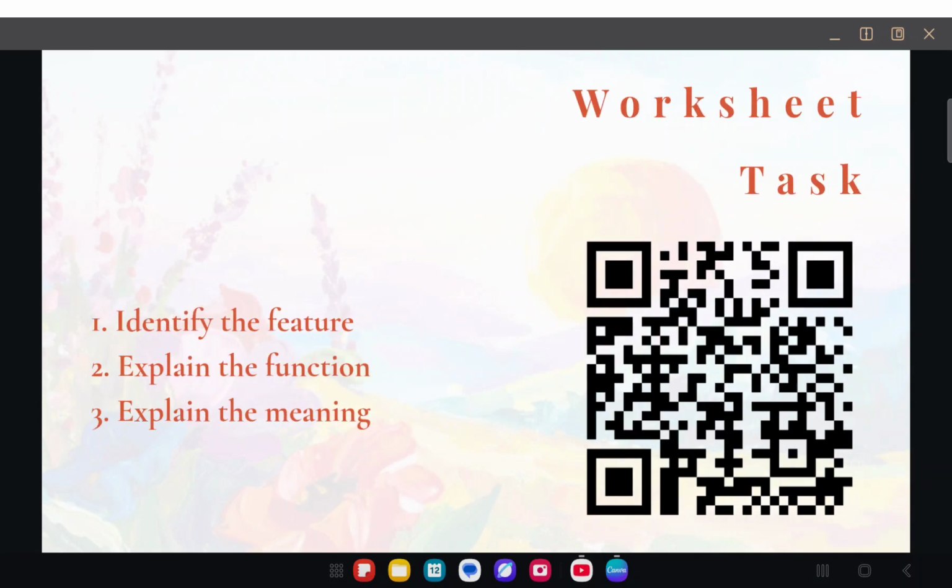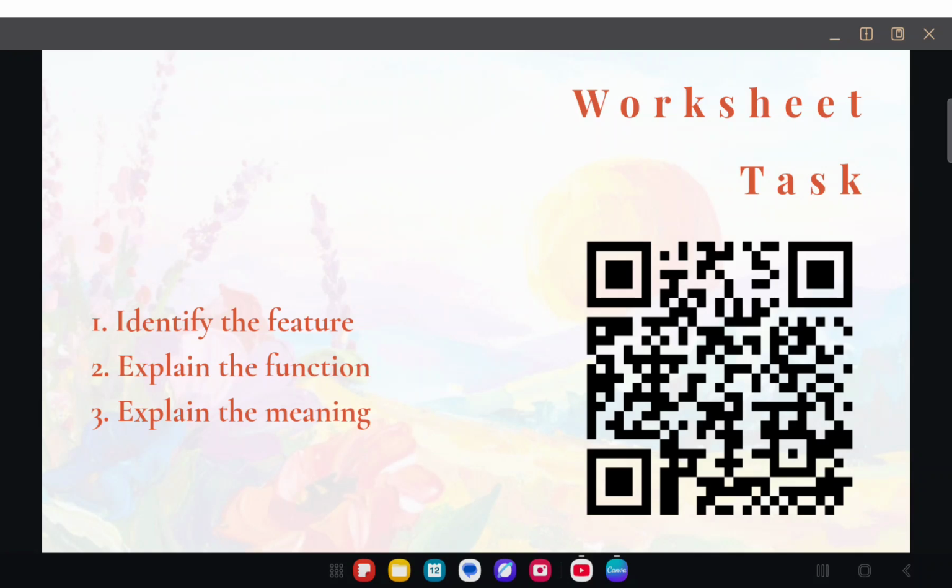Now this is your worksheet as usual. Get the barcode scanned, and then it will direct you to the GForm. The GForm is your worksheet, right? In your worksheet, you will practice the full analytical process.